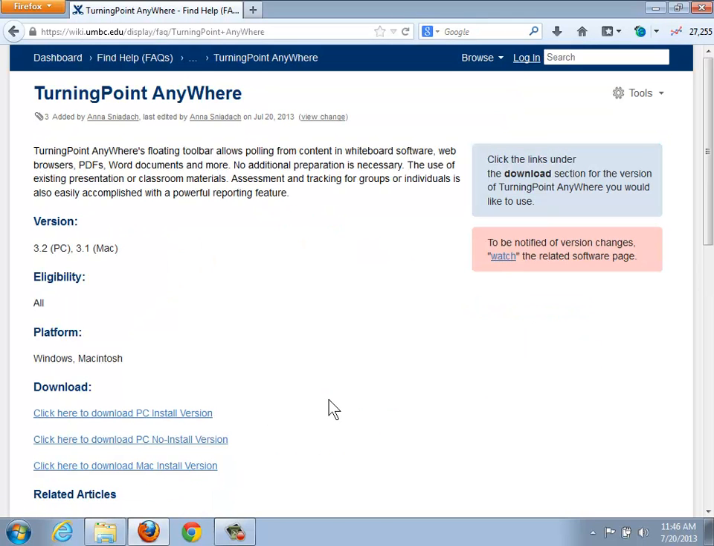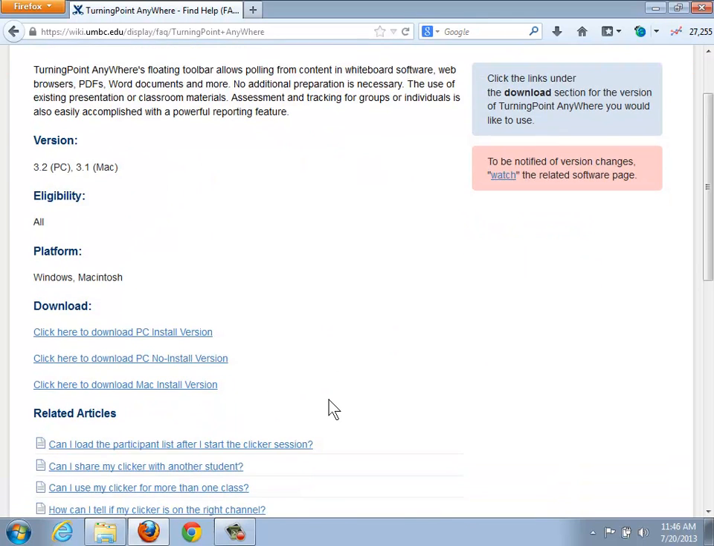You have several selections under the download section of this page. You can install on your computer, or select the option that has no install, which means you can run it from a flash drive, or if you have a Mac computer, you can select the Mac install. For this tutorial, I'm going to select the PC install version, so I'm going to click on that link from